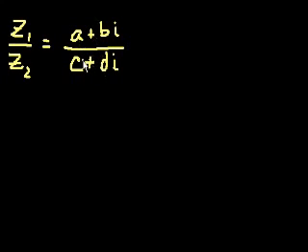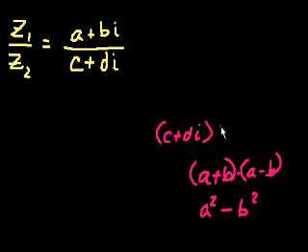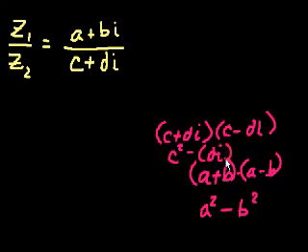Well, we're going to use a property that hopefully you learned in algebra, that if I multiply, let me do this in this corner, a plus b times a minus b, what does that equal? That equals a squared minus b squared. And so if I multiply a complex number, let's say in theory I multiply c plus di times c minus di, what do I get? I get c squared minus di squared. And what's di squared going to be? It's d squared times negative 1. So it becomes c squared